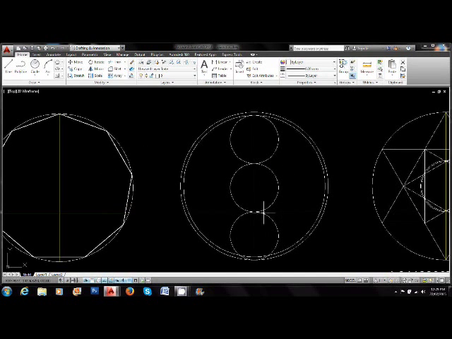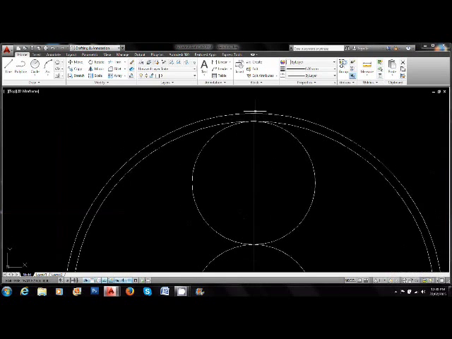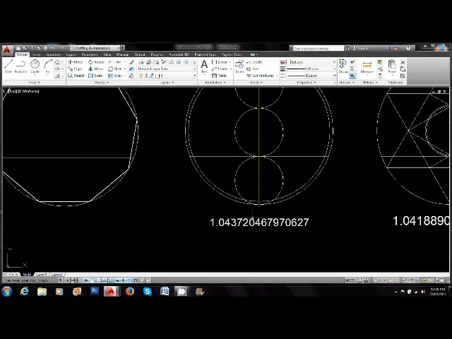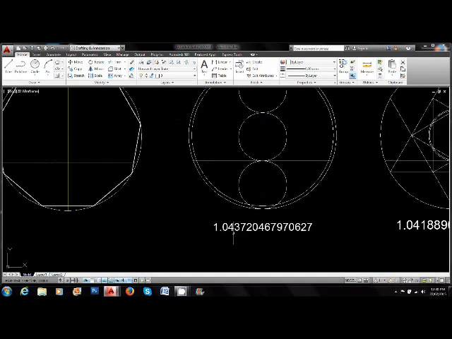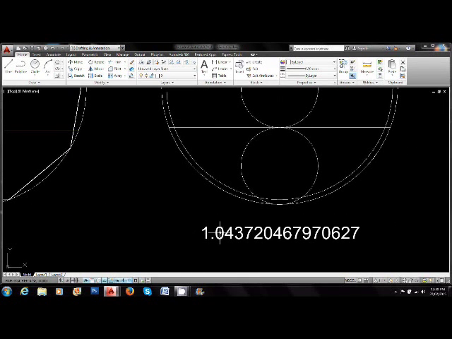Here I'm showing that if you create a circle from the prime point of unity, touching the prime point of unity and the outside of the circle here, and then replicate that again and again, you can see that it's very, very close to a perfect third, but not quite, showing with the circle here. That's the ratio found, so it's 0.043 odd different to perfect third, so about 4%